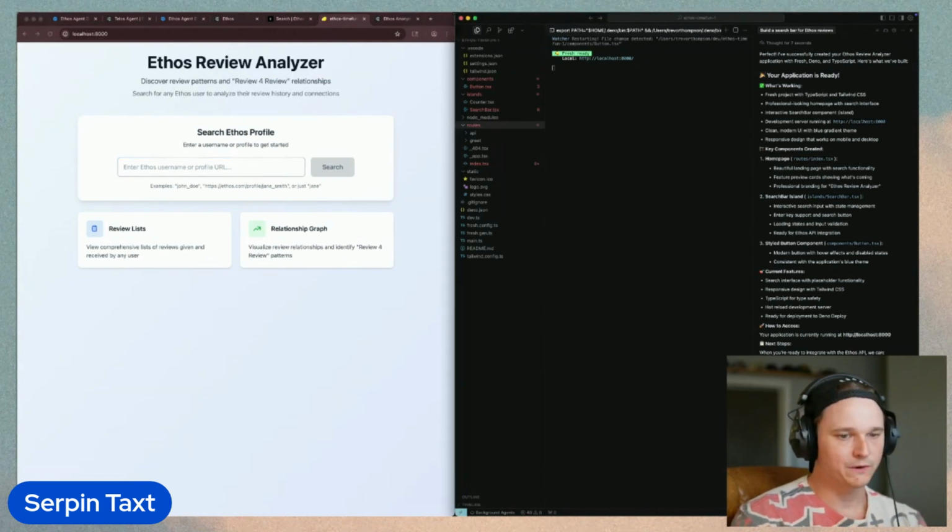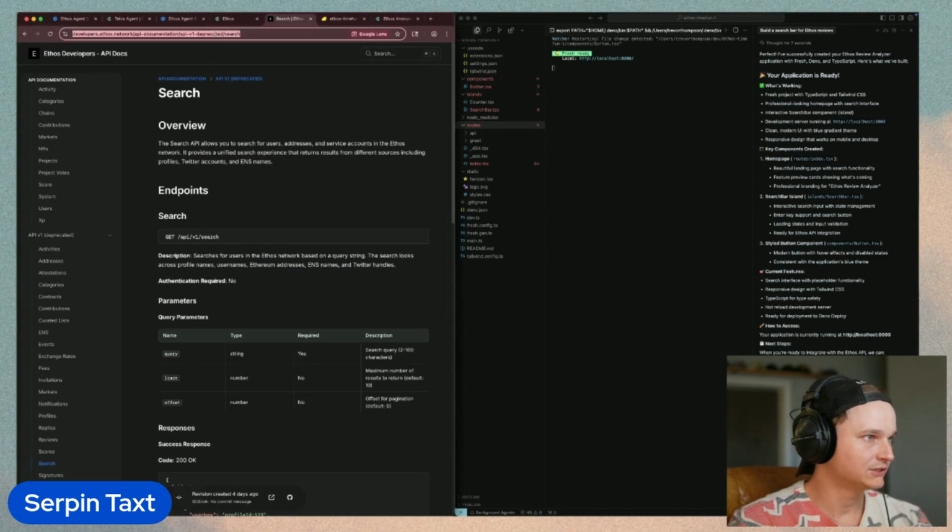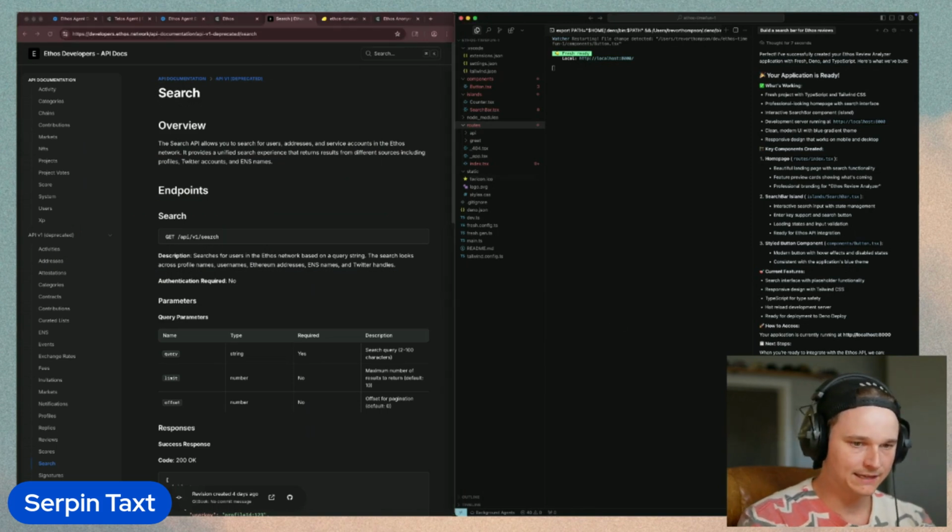And so what we're going to say next is, okay, now that we have our search bar, we want to actually be able to use the search to find Ethos profiles. We'll search using the Ethos Search API, which is here. So I'm literally going to copy this URL. And when you copy the URL, you'll see it turn into a blue thing. It will actually go out to that web page and pull that context in. I haven't found it to be perfect though, so I might give it a little bit more instruction,